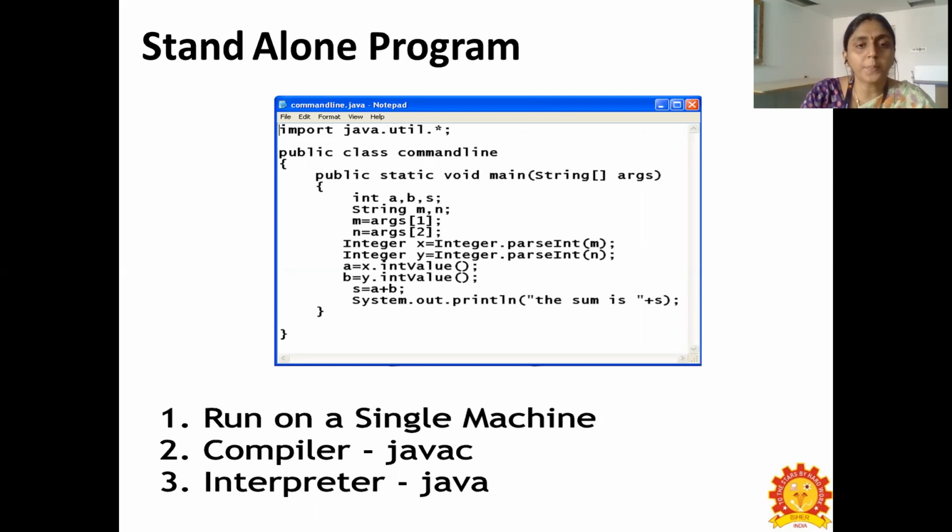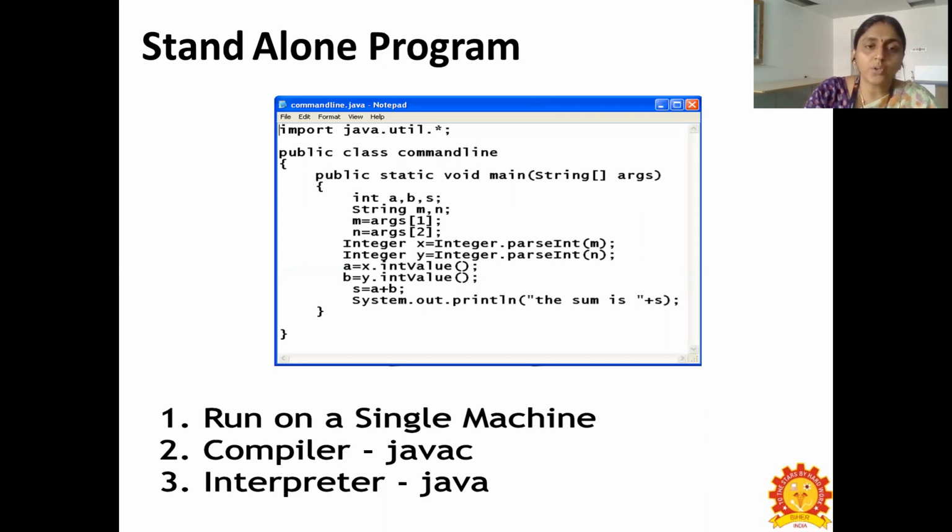Here we are declaring three integer variables, namely a, b, and s, and string variables m and n. You are going to pass command line arguments, which are stored in the strings m and n. Those strings m and n are converted into integers and stored in x and y.